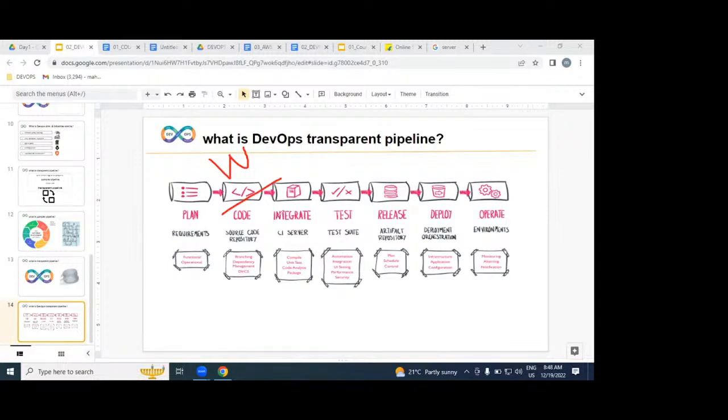After the developer writes the code, who maintains that code? That code is going to be maintained by the DevOps engineer. That's our part of the dev environment. Clear, all of you? It's a very important point. Writing is the responsibility of the developer. After writing, the code is maintained by the DevOps engineer.